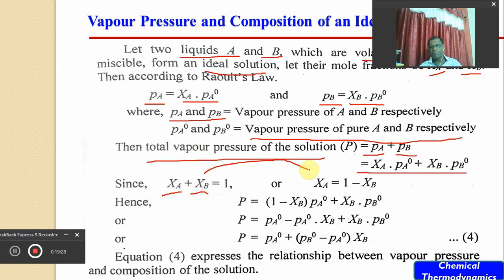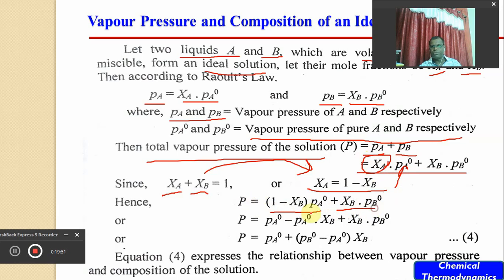So this equation can be modified: the mole fraction of A, XA, is equal to 1 minus XB. If we put this value of XA in this equation, then XA will be replaced by 1 minus XB. Therefore the total vapor pressure will be equal to (1 minus XB) into PA0 plus